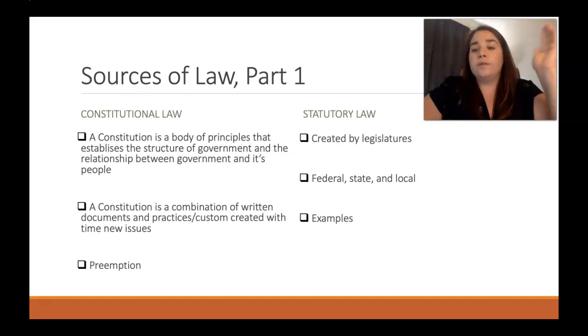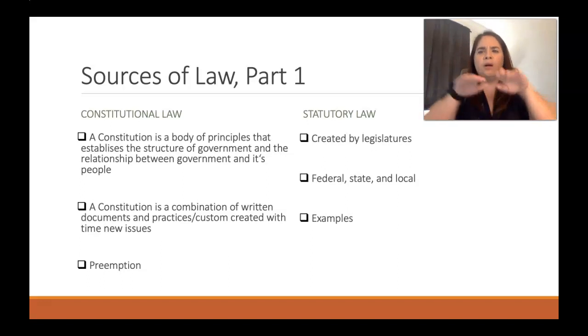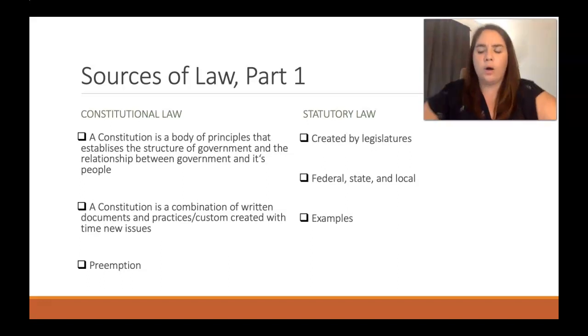Good example of local legislation. I hope that some of you are dog lovers, but the licensing requirements that we have in Tuolumne County to make sure that your pets are licensed. That is a local statutory law that we have to follow as citizens of Tuolumne County. So again, all the way at the bottom, all the way at the top, statutory law all throughout.